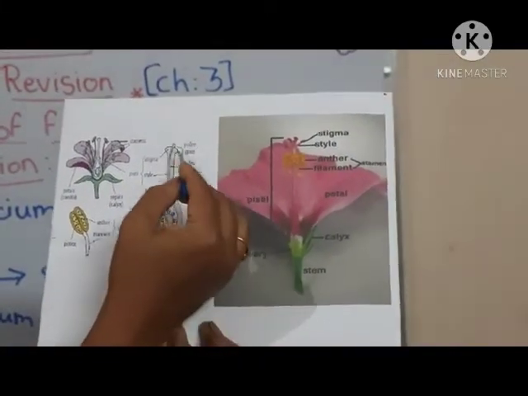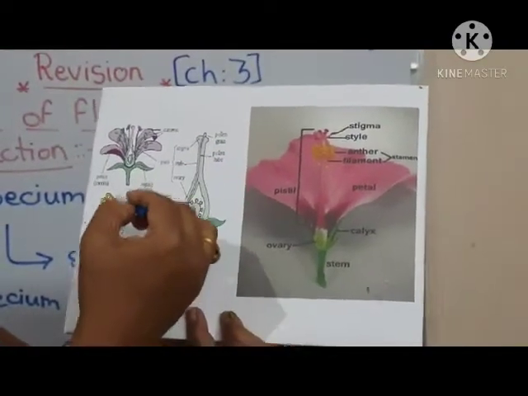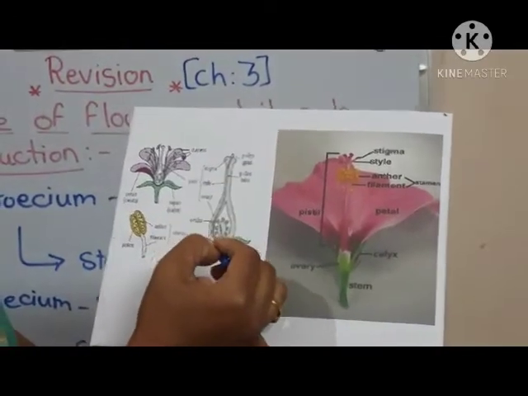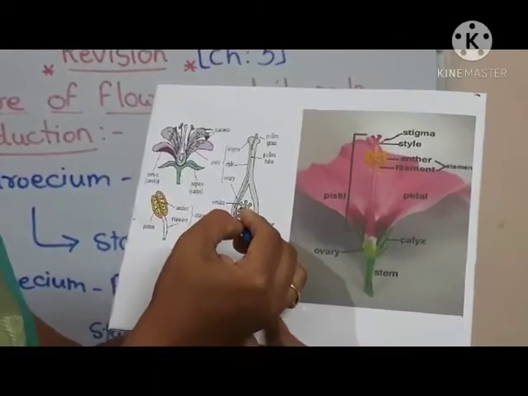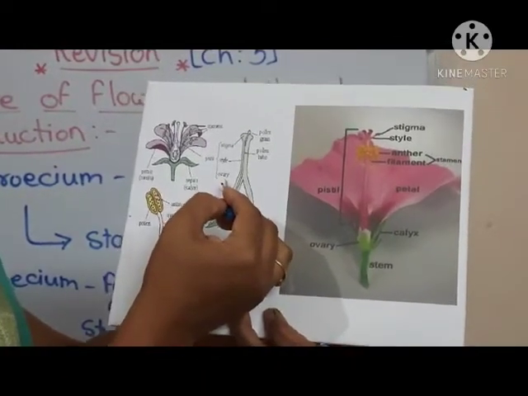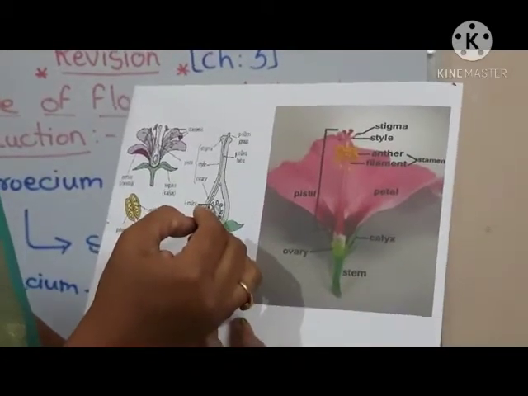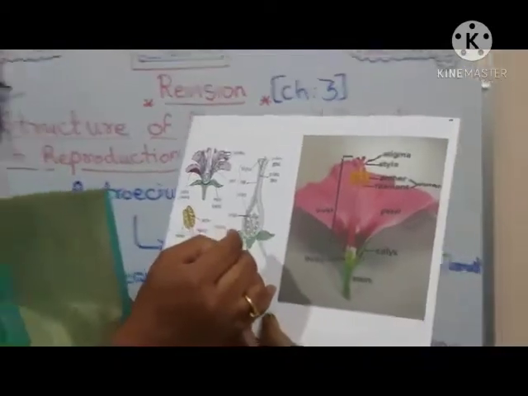In the gynoecium, you can see these pollen grains which settle from the anther onto the stigma of the flower. They travel through this pollen tube. Inside the pollen tubes, they fuse with the ovules present inside the ovary and form the fruit along with the seeds. So in this way, reproduction takes place in plants.